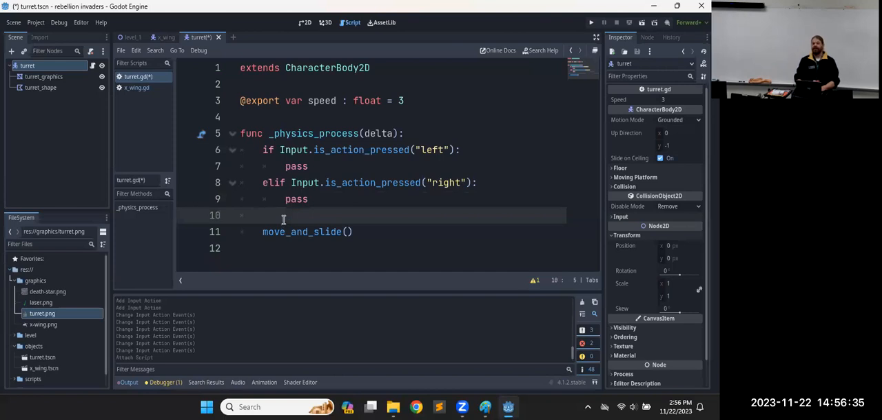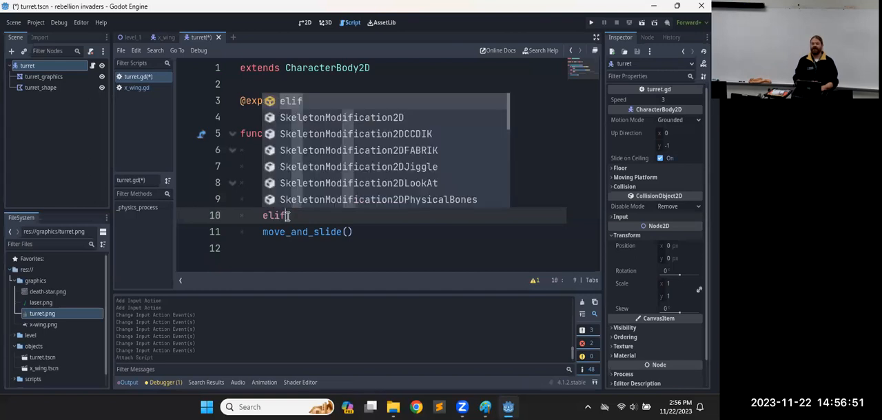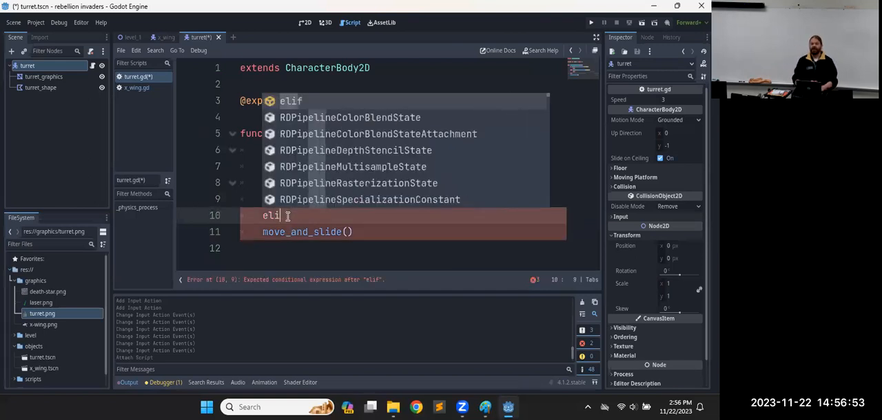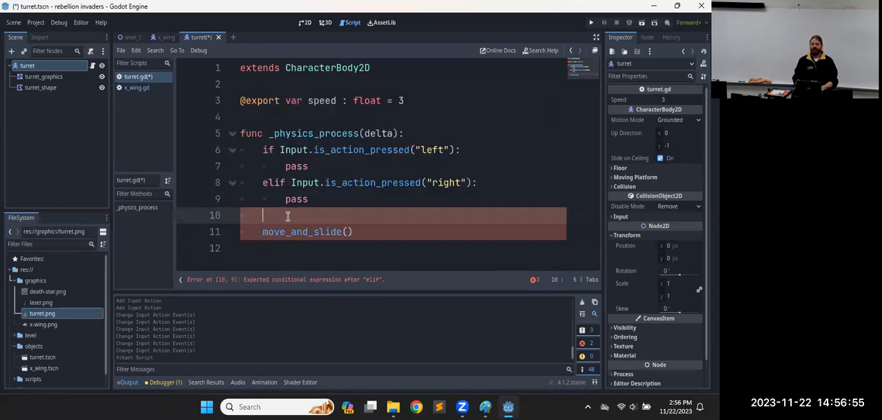The firing would be different, right? We don't want to stop moving to fire. I guess in this game, it would probably be okay, but we often wouldn't want to stop moving, so we wouldn't want to put it on an else or another elif, right? So that's one or the other. So if we start a new if,